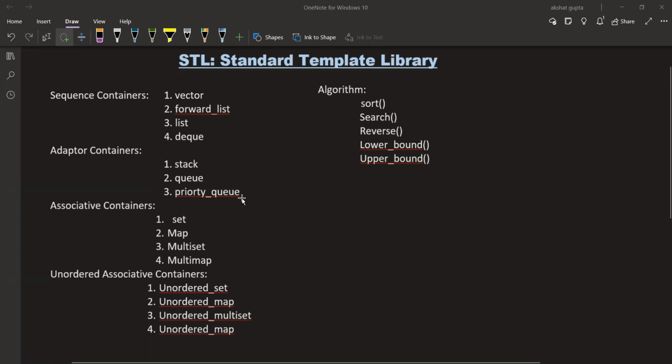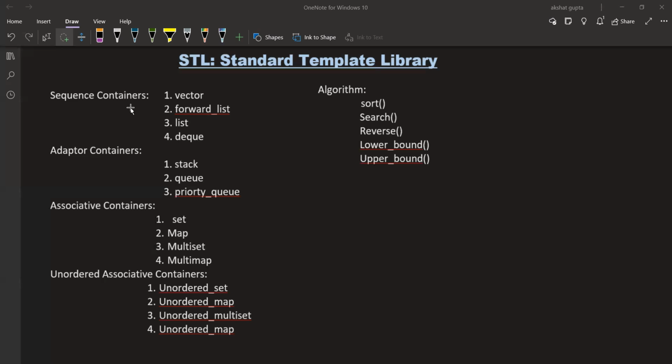As this is only an introduction video to STL, I will brief you about all these containers and some of these algorithms, and we will see their implementation in coding in further videos. So to begin with, let me explain the first category, that is sequence containers.